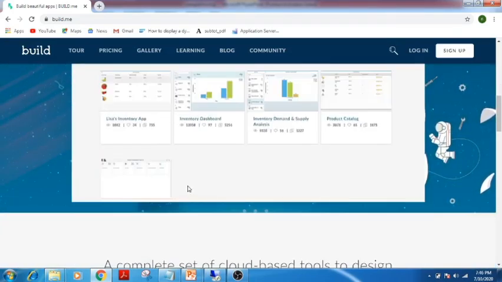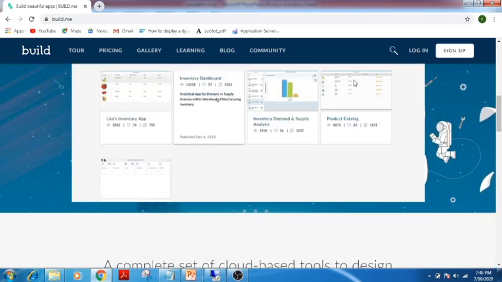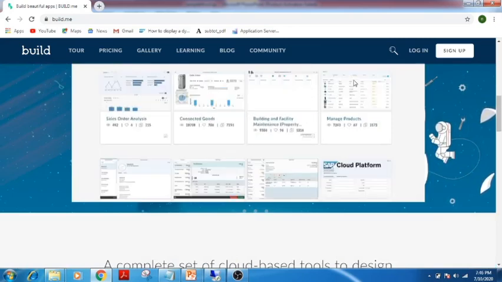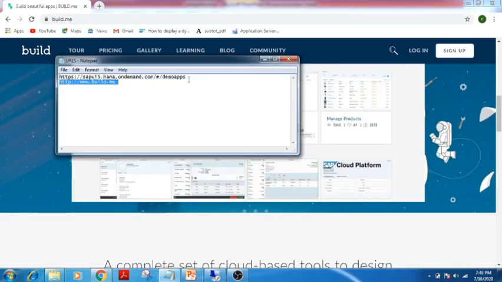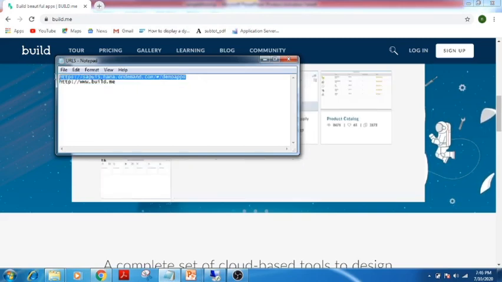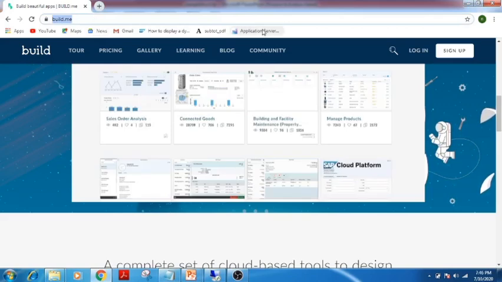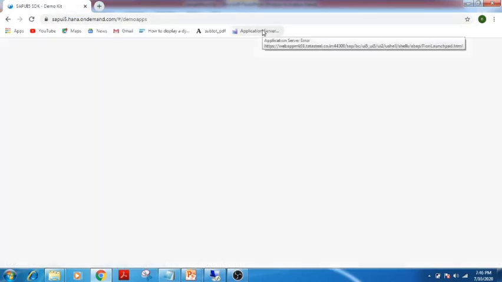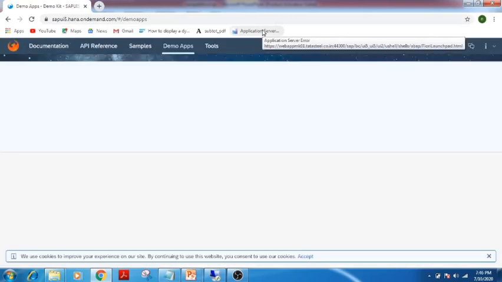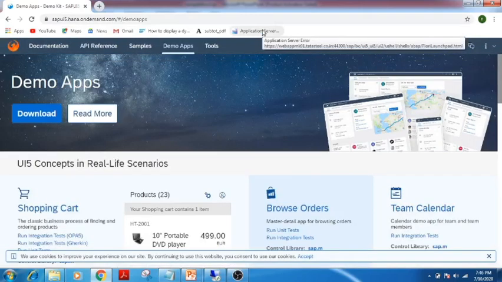Besides, this is the one app where you can have the mockup. Second, say for example, if you are an ABAP developer and you want to develop this mockup by yourself, there are certain limitations. You cannot design whatever comes to your mind, because that has to be feasible also. So actually this is one of the other sites given by SAP.